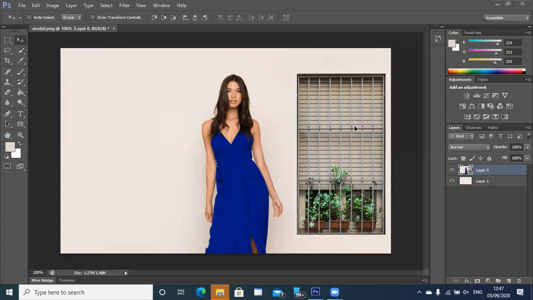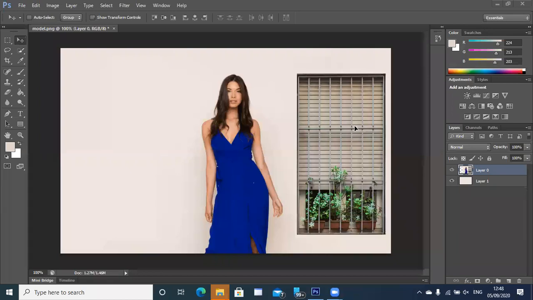Okay, cool. So I think move tool is very much clear to everybody. You can move any object. You could even have picked up the model and moved it to the other side if you wanted to. That would also be appropriate, right? Okay, so once move tool is done, there are other kinds of tools also. For example, there are several marquee tools which you can use to select areas in an image.